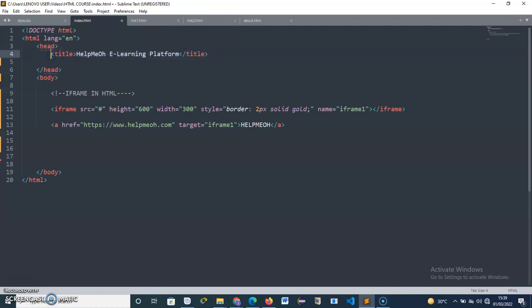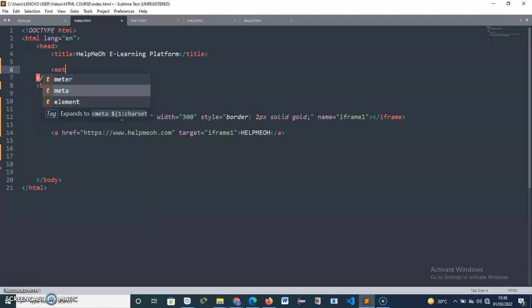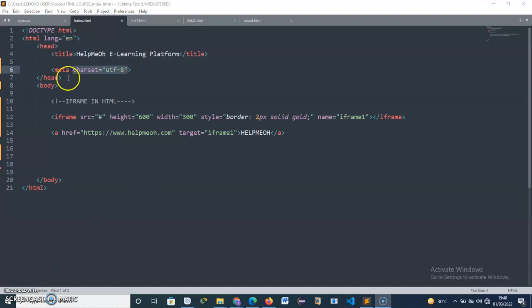As you all know, this one is the title of the page, and we also have a thing called meta. This one is meta information, right? You saw that as soon as I put this tag, this default, it was automatically displayed. Now this one is the default